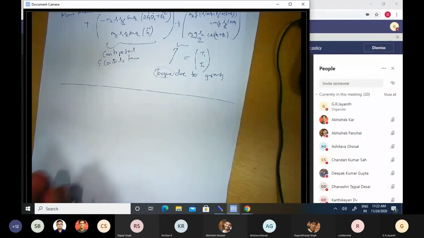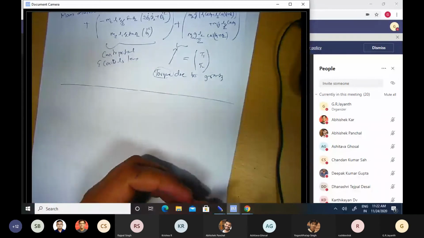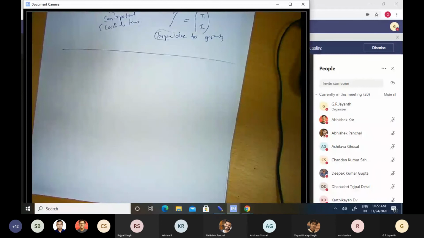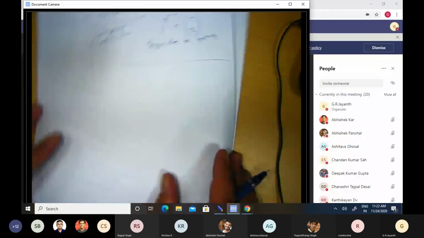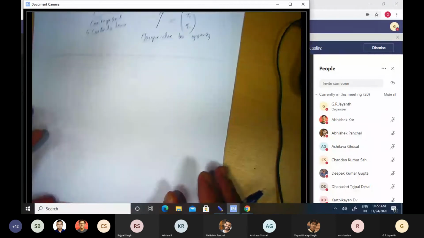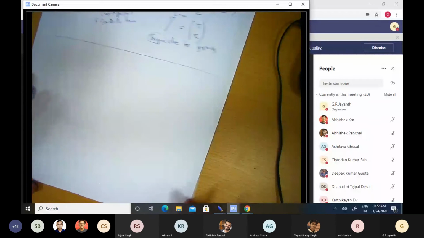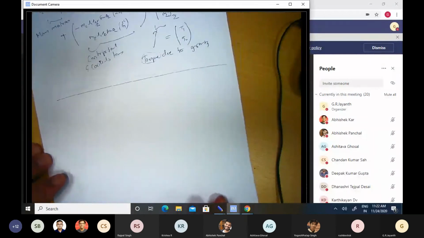So what I shall do therefore is show you how to obtain the Lagrangian for a multi-body system, and then simply write down the structure of the equation of motion. That's it. I will stop with that. I may not be able to complete this entire thing in today's lecture. If I run out of time, I will pick up from where I left off in the next lecture.